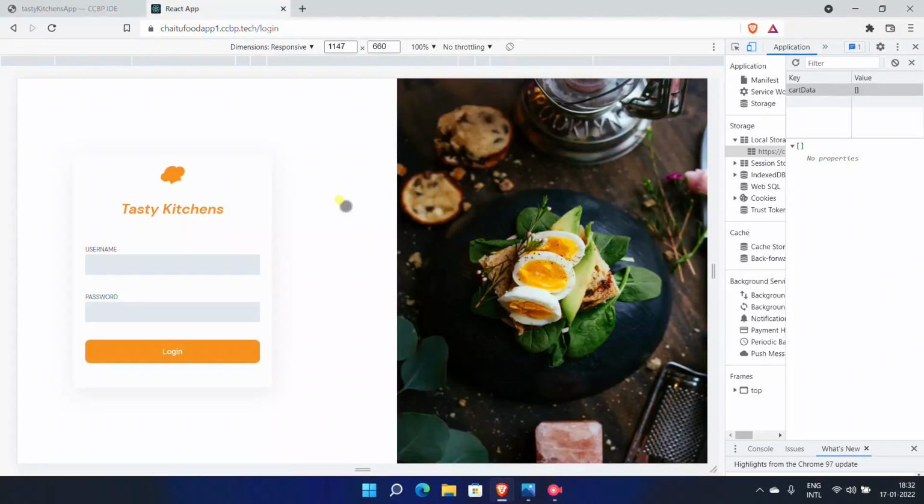I am currently pursuing my graduation in Mahalakshmi Institute of Technology, which is located in Dundigal, Hyderabad. I'm glad to explain about my mini project, Tasty Kitchen. It is a Swiggy clone developed using React.js. It is a responsive web application where users can select different restaurants, choose different food items, and order food items.